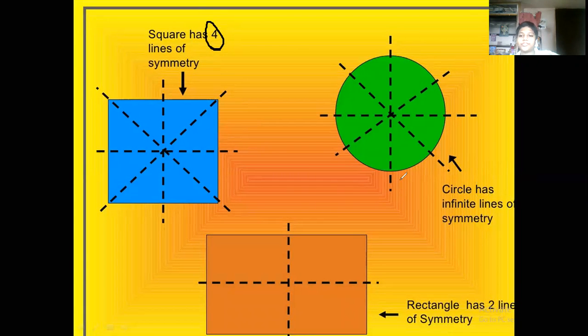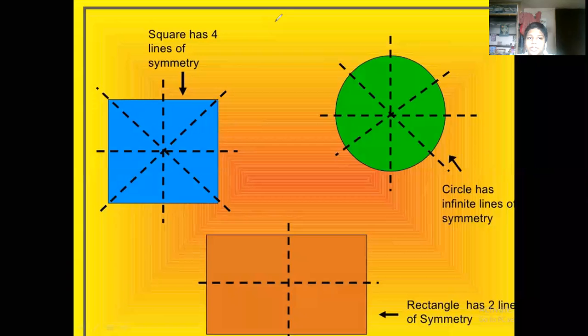And the circle has infinite, which means we'll be having the center point, and we know from the center point to the radius and the opposite also radius. So we can draw any number of diameters through a circle, that we had discussed in chapter 5. The diameter acts as a line of symmetry in the circle. So the circle can have n lines of symmetry. So only in the case of the letter O, we'll be having an infinite number of symmetry.